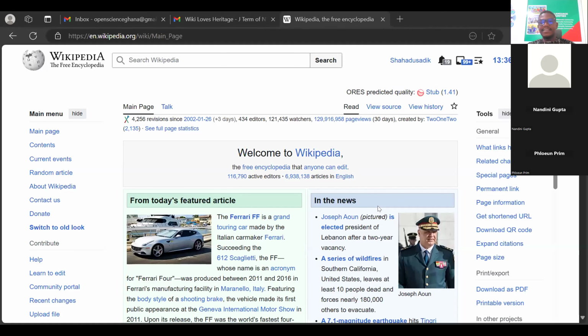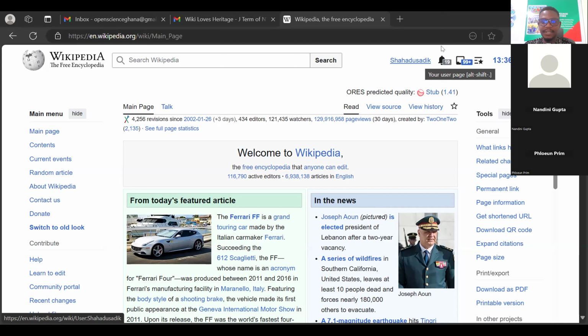Yes. Okay, great. So if you look here, that is my username, Shahadu Sadiq. Now, when you are creating your account, you don't necessarily have to use your real name. Most people on Wikipedia want to be anonymous. They use pseudonyms, their nicknames, or whatever they want. It is not compulsory that you use your real name. Your name can be anything as long as it is not used by someone else. So this is my username.